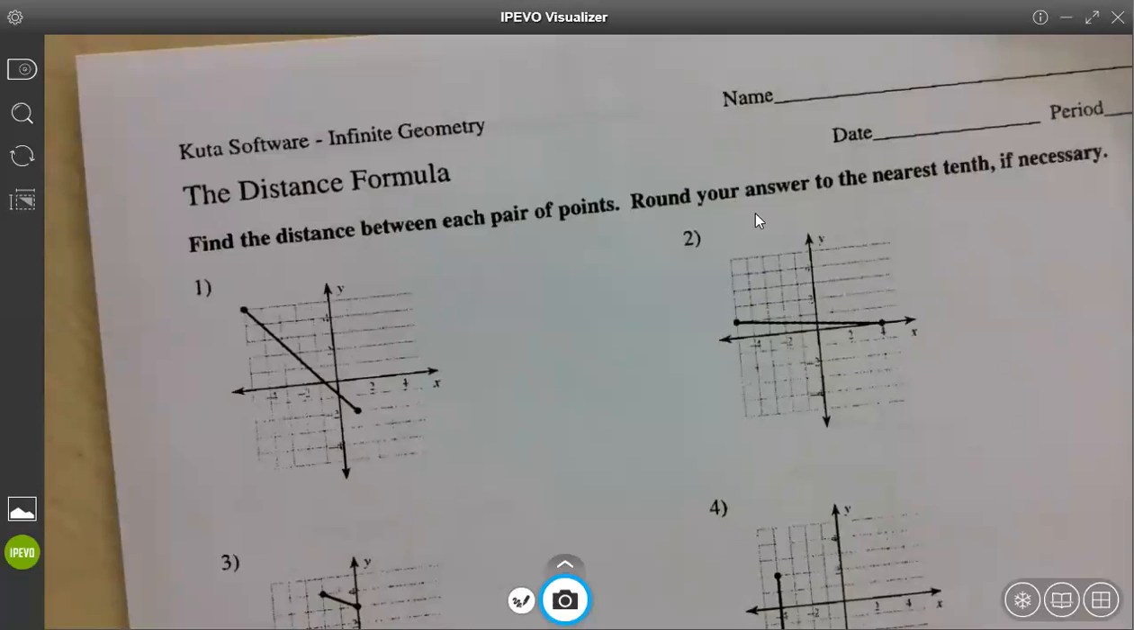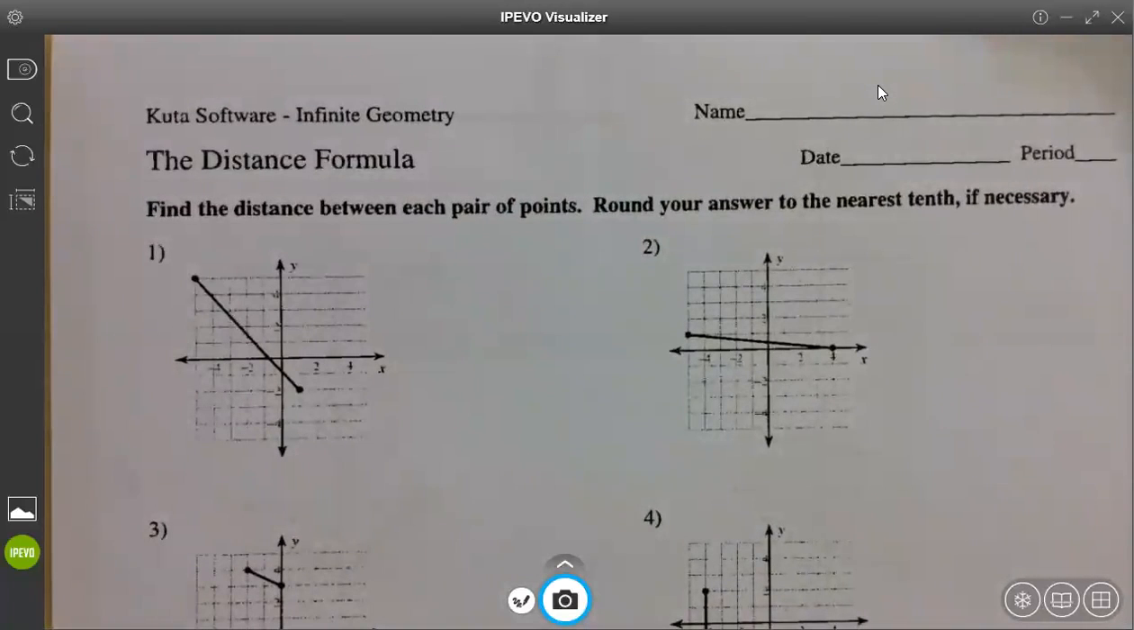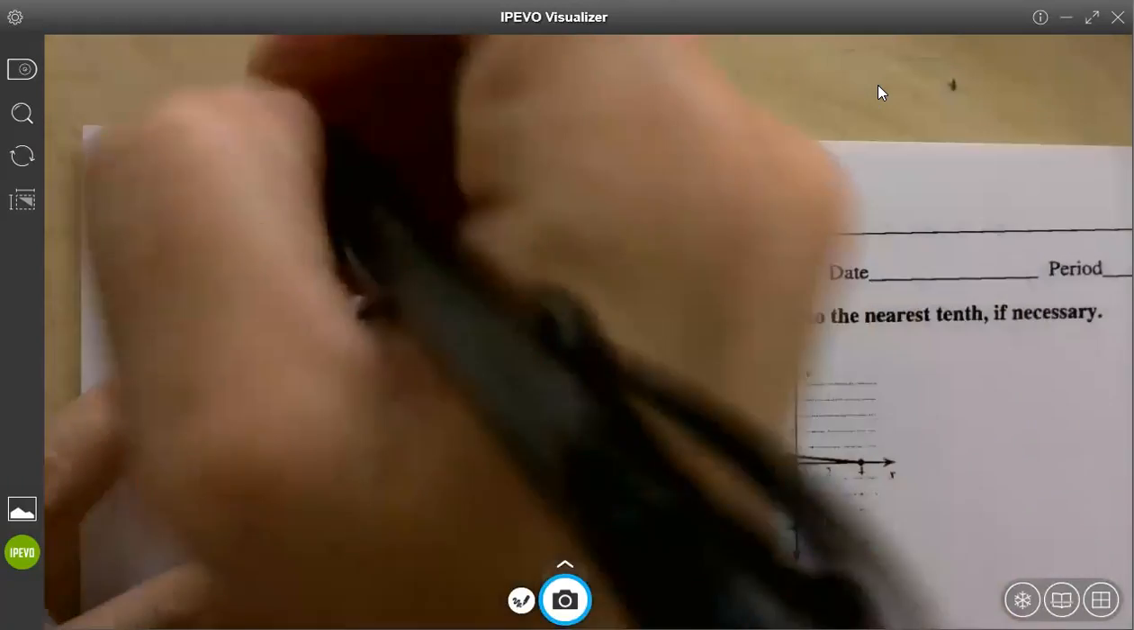See? It's not hard at all. So I'm going to show you what the distance formula is so that I can say that I've showed you, but you don't have to do it as the distance formula. So the distance formula,